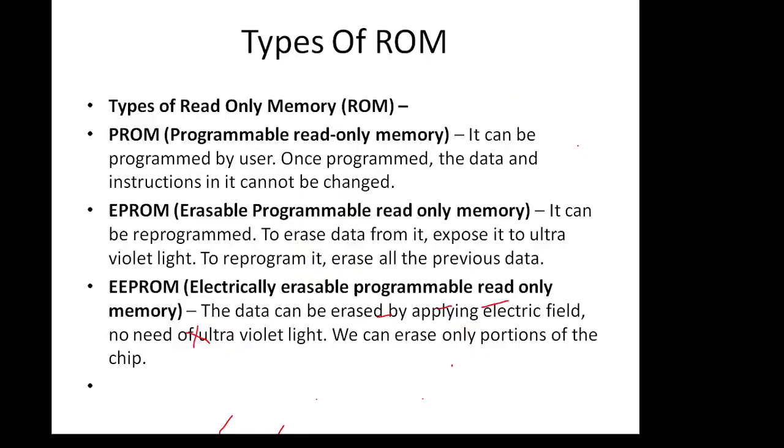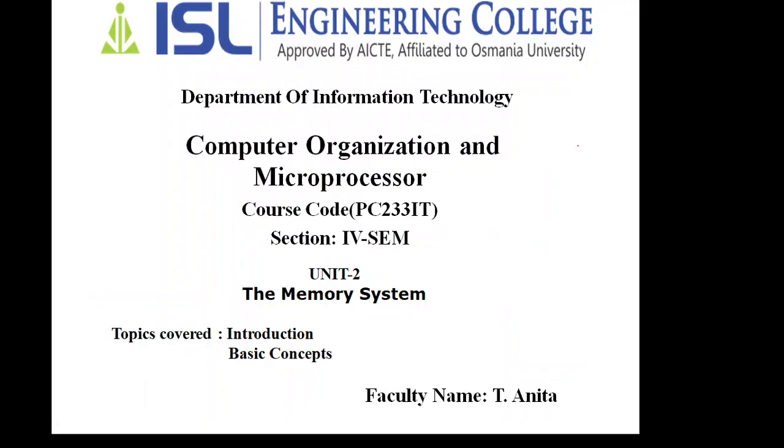So this is how we have different types of memories, their accessing speeds, their cost, their size, and the different classifications of memories. Everything we have seen in the introductory part and basic concepts of the memory system. So this is how the memory is organized. We can say memory is the brain of the computer. Without the memory we can't store the data and the instructions. Without storing, we can't perform anything on the stored data. That is the reason the memory plays a vital role in the computer system.